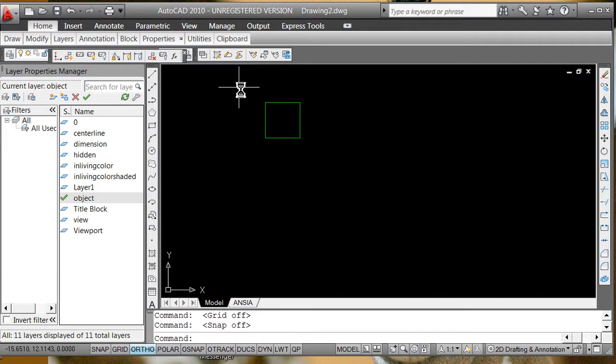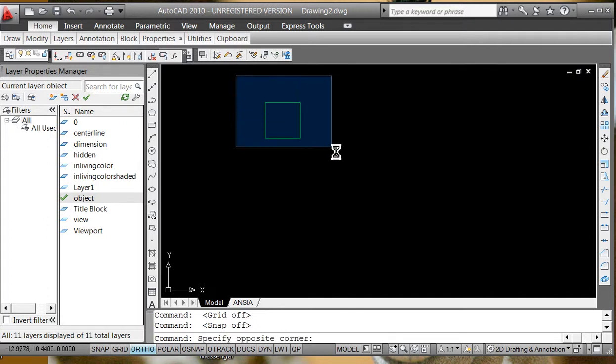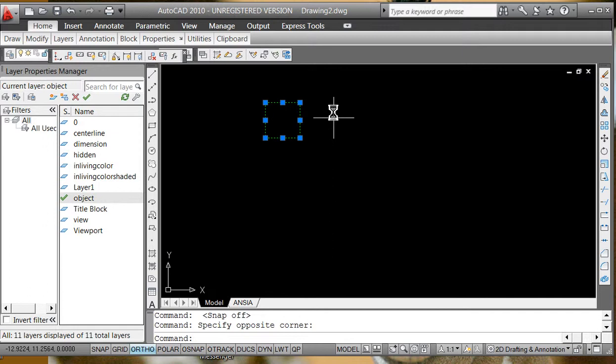What you're going to realize, as soon as something is off the grid, you're going to have a hard time grabbing it when the grid is on. So what I'm going to do here is sweep across this set of entities. They're called lines right now. This is actually 4 individual lines. I'm going to now left click on that entity,